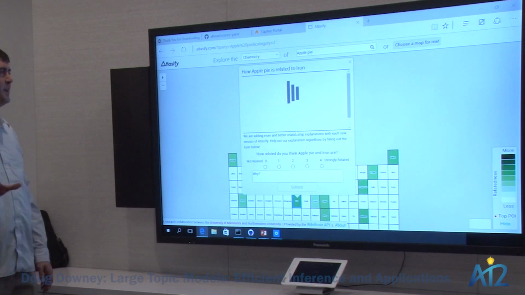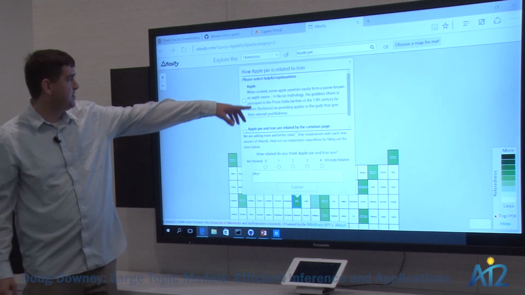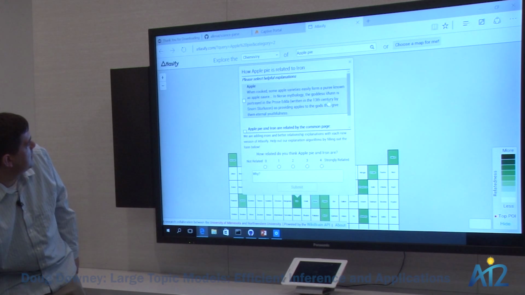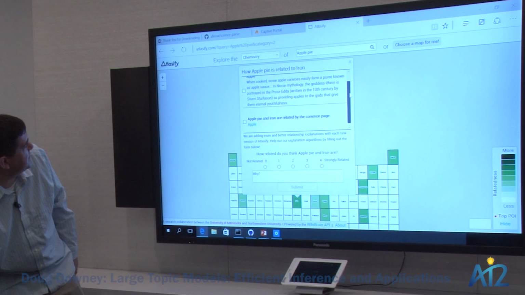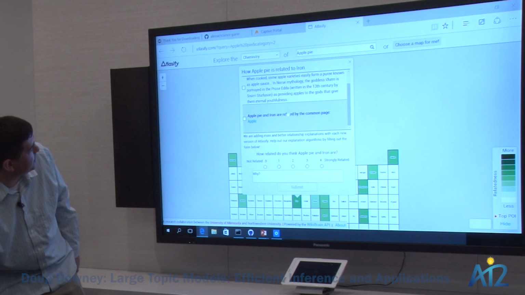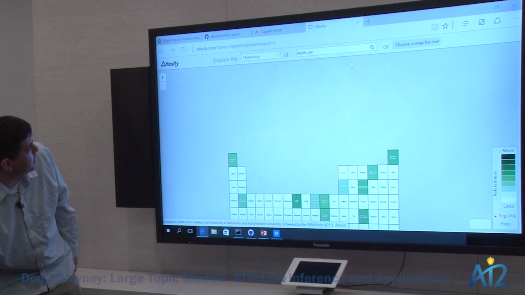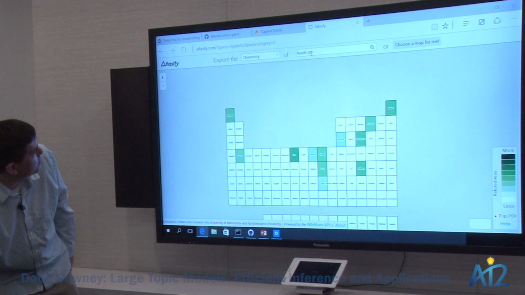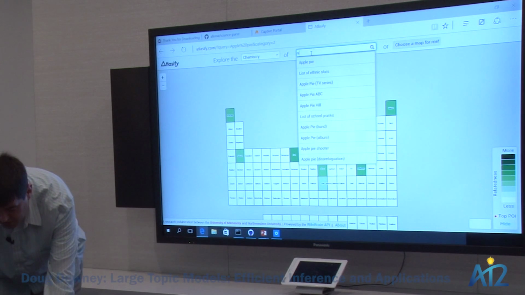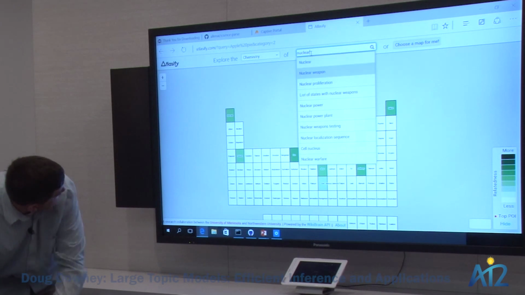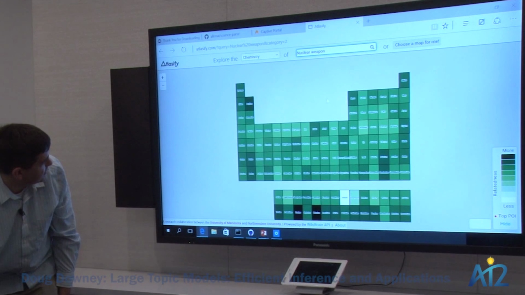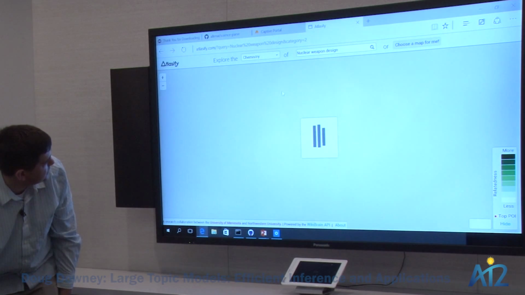We often don't get explanations for these. So apples, wow. I'm not exactly sure what that tells us about iron. But apparently apples maybe contain some iron, and that's part of the reason why iron is related to apple pie. You get more striking things if you search for, say, nuclear weapon. You'll get what you expect: the bottom row ought to be very related. Yes, the bottom row is the most related.